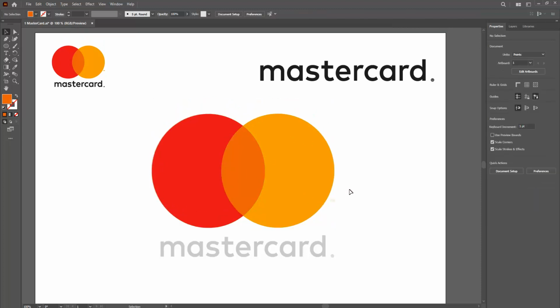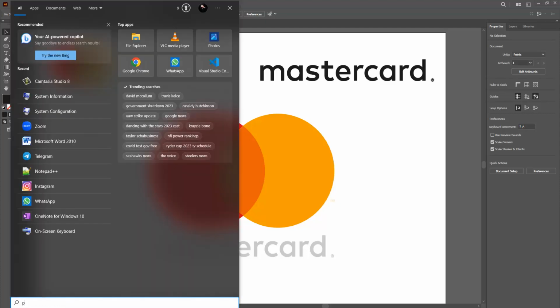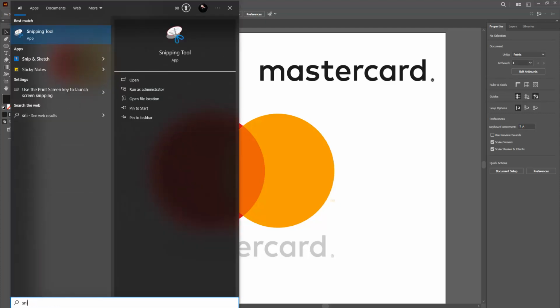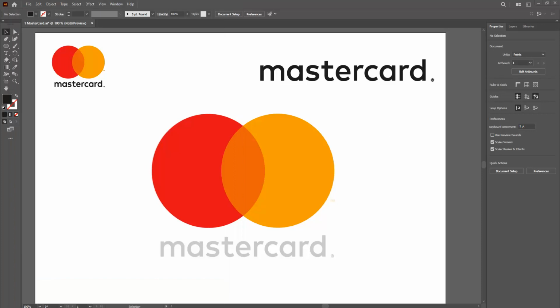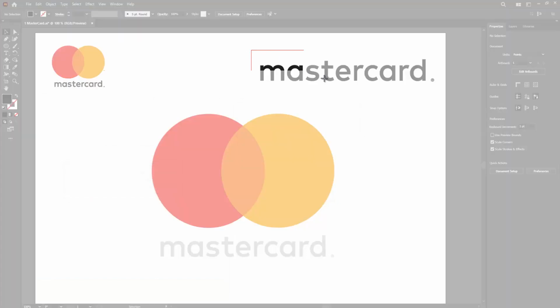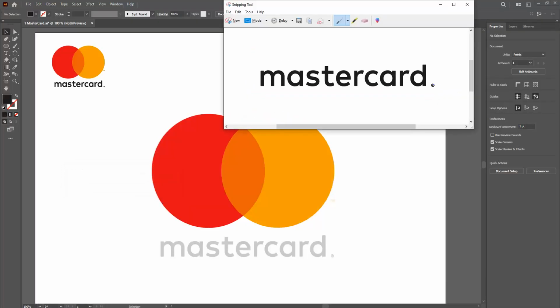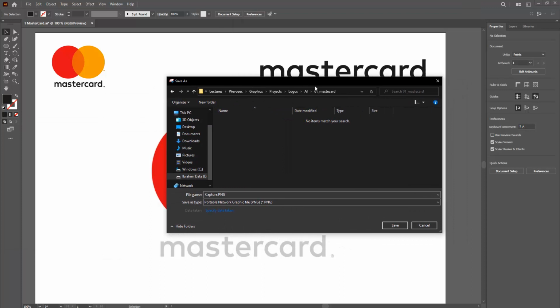Now the next thing that we need is this. We need this text. How can we get that? So I have a tool here, and I can use the snipping tool from here. What I'm gonna do by using this snipping tool is take a screenshot of this text. Here, I will save this screenshot, and I'm gonna say that text